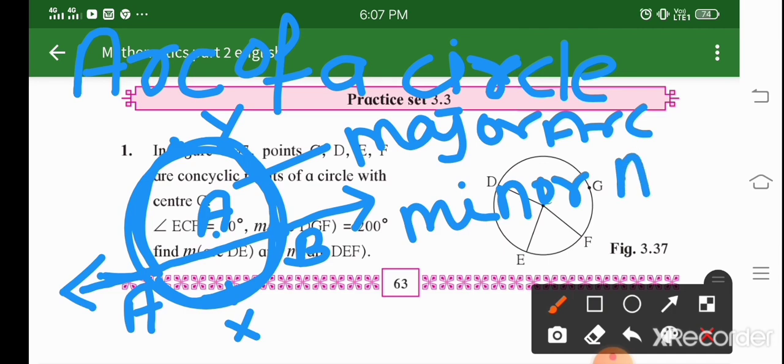So how can you identify which one is the major arc and which one is the minor arc? Can you see the center point over here? Whenever you have an arc which lies below that center, that arc will be your minor arc only. If it is above the center, can you see the center is here, and this full part is covered by this particular circumference or arc, so that is your major arc. I think this is clear.